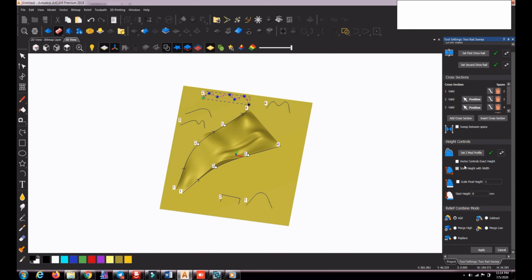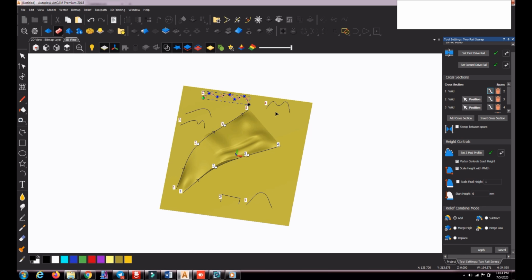Then there are further options here, if you want to control the exact height. Suppose we don't want to control it with the Z modulation vector, but we want to keep the vector's cross section height exact. So we want to keep the proportion of that particular height. Whatever the cross section, some height will be there, and we want to keep up to that height. Then there will be an effect from the Z modulation vector.